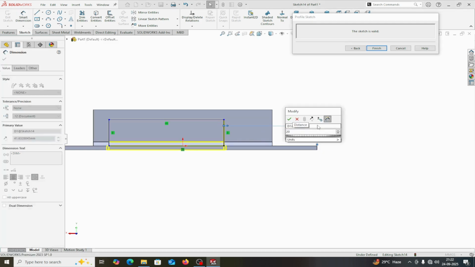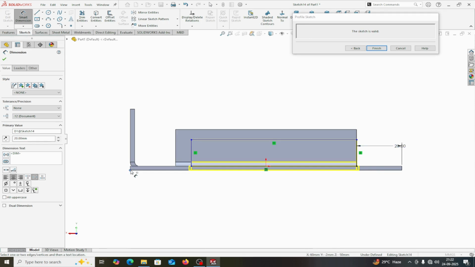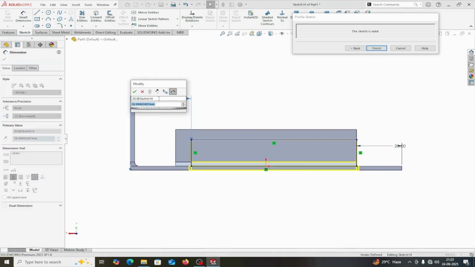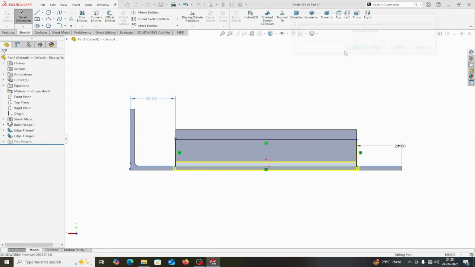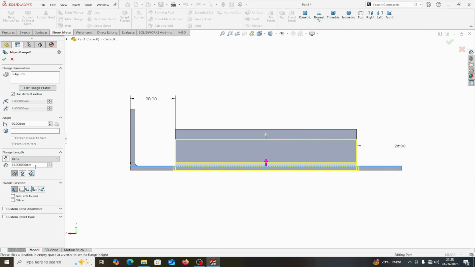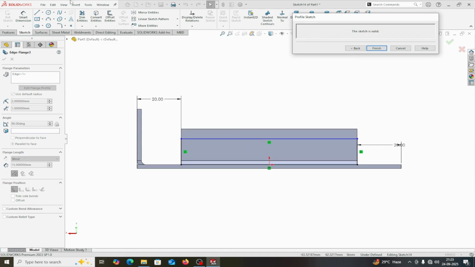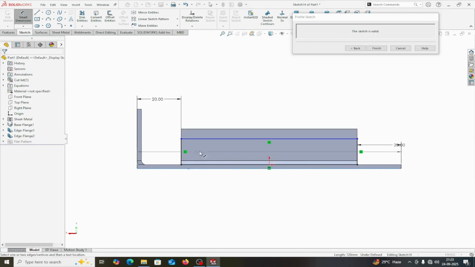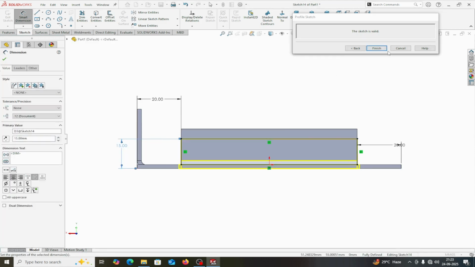Twenty mm. 20 mm. Back. I am taking, for example, 15 mm as the height of the bend. Flange height is 15 mm I am taking. Edit flange, smart dimension, 15 mm I am taking the height. This one. Back,